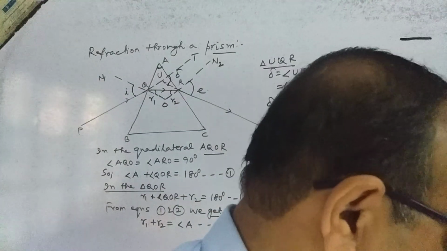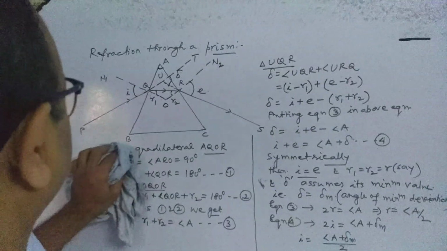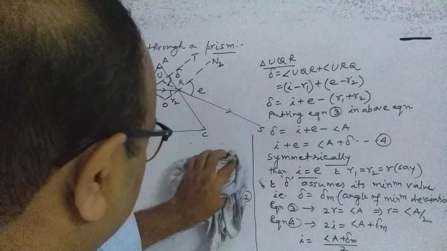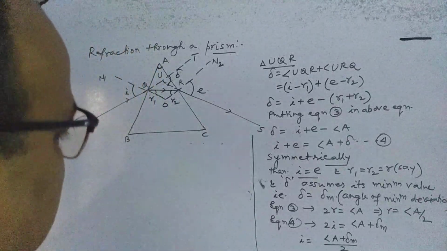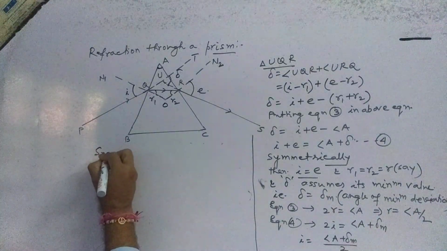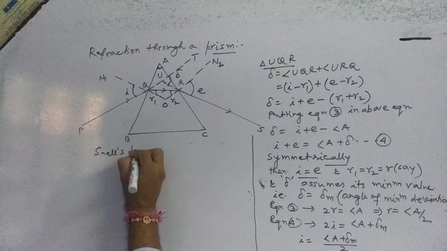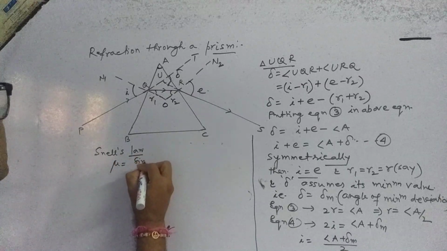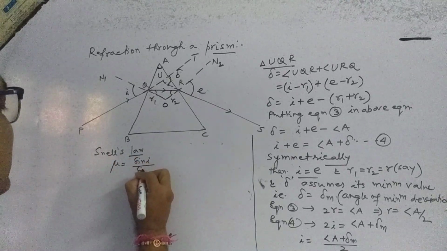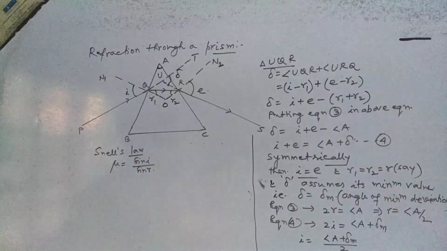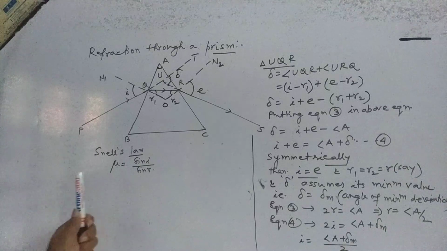Then what will we have? I think I can remove this. All of you might have followed. You have seen, so I am removing. Here I write, applying Snell's law, the refractive index for the material of the prism. According to Snell's law, the refractive index for the material of the prism, mu, is equal to